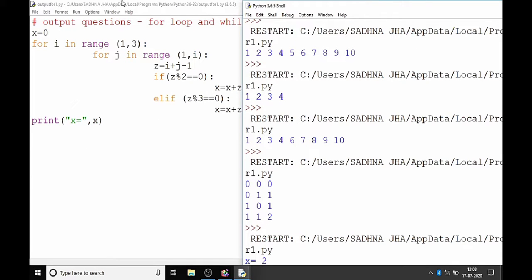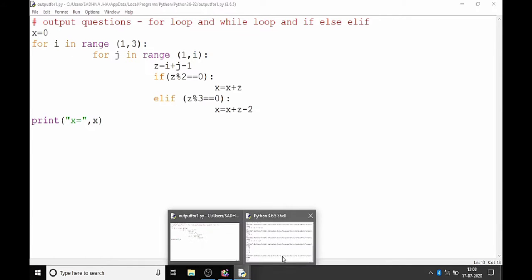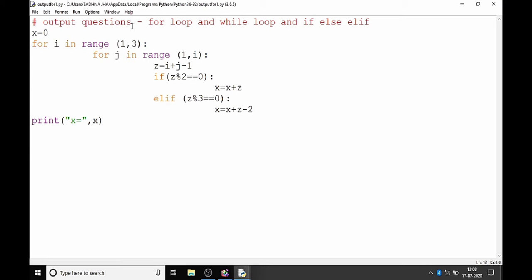So, we have seen the result. It is 2. X is equal to 2. Now how? For this, first time I will be 1, next 2, and for this loop will run when I is equal to 1 for outer loop. Now j will be 1